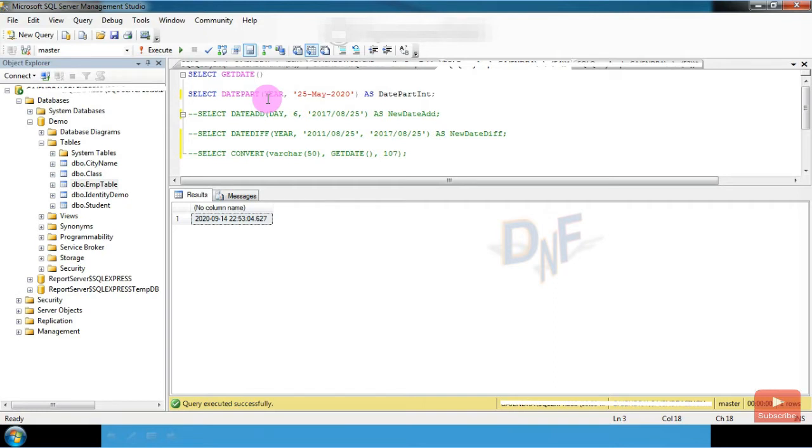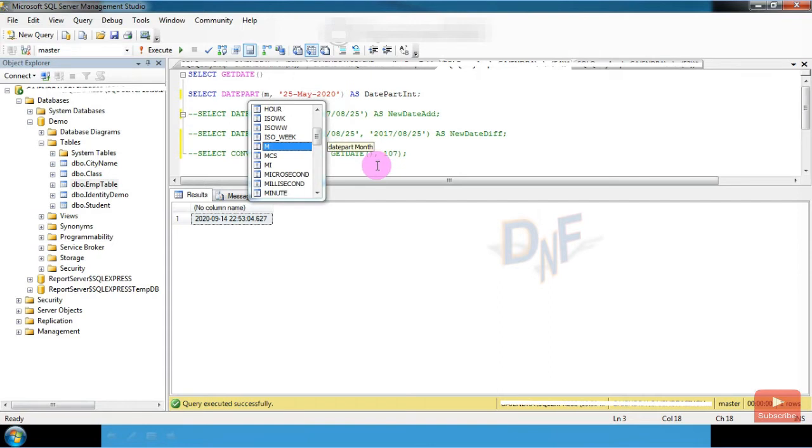The second important function is DATEPART. DATEPART displays a part of the date. For example, if I want to display the year from that date, we use DATEPART. Or if I want to display the month or the day of that date, we can use the DATEPART function.